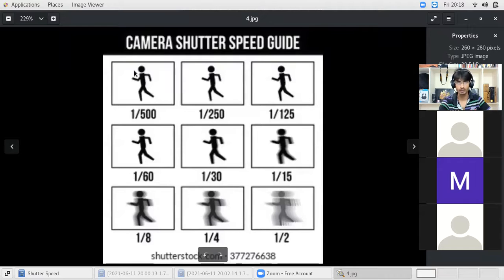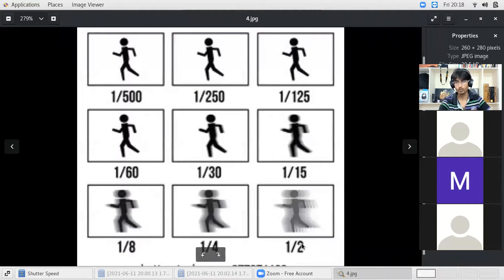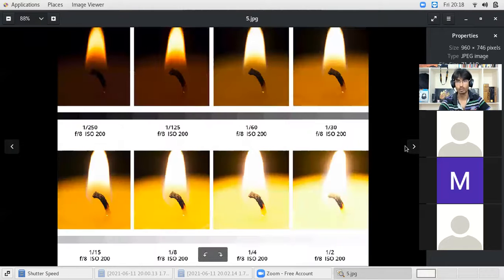It is arresting the motion in a frame. 1 by 2, we are calling it slower shutter speed, and we are getting a blur photo. Because the amount of time is very less for faster shutter speed, we are getting darker photo, and because the amount of time is more for slower shutter speed, we are getting brighter photo.